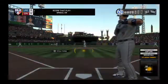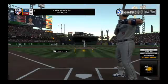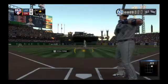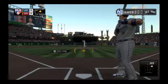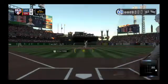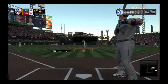Here's the catcher, Yasmani Grandal. And he's looking to get it going. Off to a bit of a slow start this year. And a high strike to begin the at-bat. It's 0-1. Has a look. Now the pitch. Now a cut fastball that almost had a little too much cut as it nearly ran in